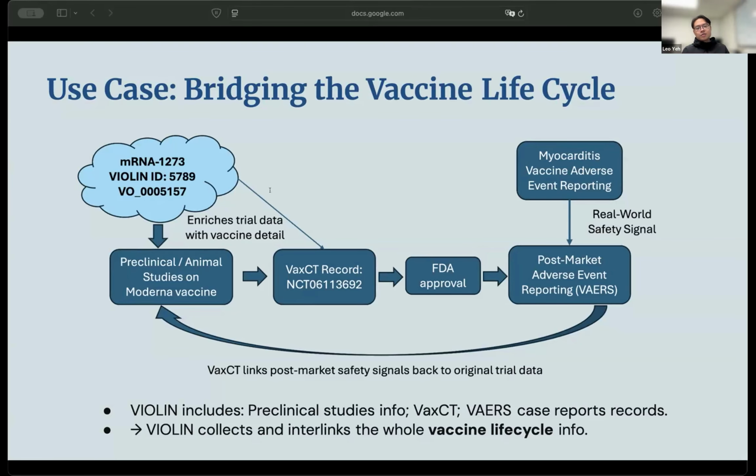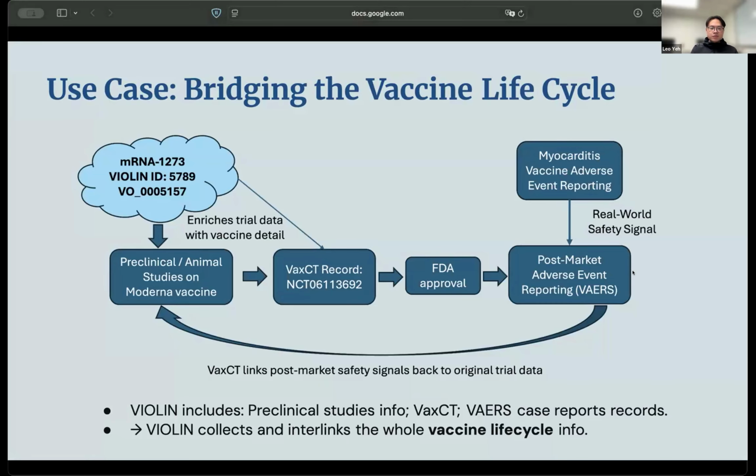This filtered list would include key studies like this specific clinical trial done by the MyoVax study. It specifically investigated myocardial injury following COVID-19 vaccination. Further vaccine adverse event data can be identified using the post-license Vaccine Adverse Event Reporting System, or VAERS,